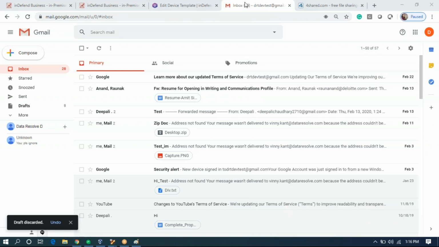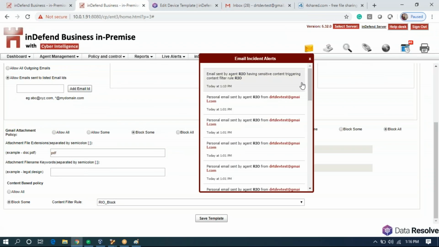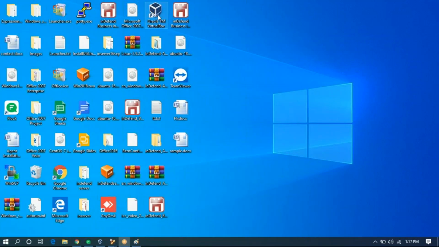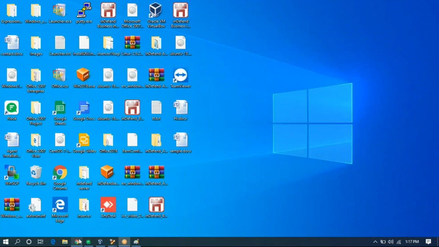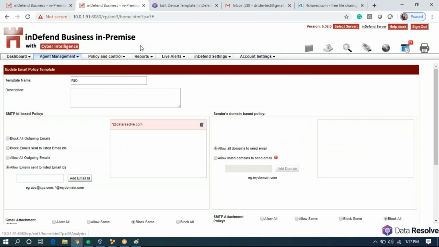Now we'll check on the dashboard. Soon we'll start getting content filter based blocking alerts stating why the following documents got blocked. Parallelly, we'll also check tt.txt, what it contains. So it was a txt document, probably that's why it got blocked. So we'll wait for the content filter based alerts to get populated for the same.